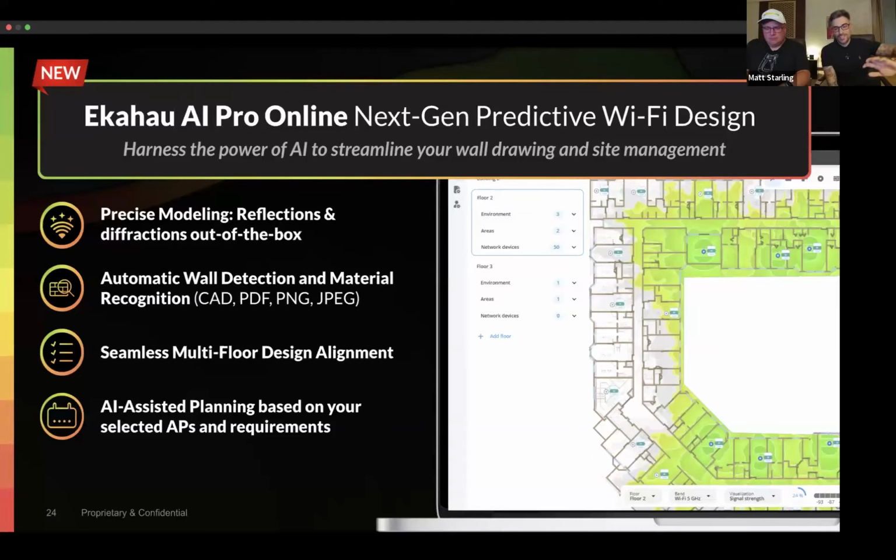And the other thing, I don't want to steal too much thunder from Mike, but one thing I do want to hit on is that RF modeling, you really want it to be as accurate as possible. So getting all of your attenuation values right, of course, but the other thing when it comes to the heat maps, typically what you might have expected us to use is just free space path loss for the formula for the heat maps and then subtract the attenuation values for our materials. But actually AI Pro Online also includes reflections and diffractions for your heat maps. So that means that they're as accurate as they can possibly be for what you simulate in the software to match what is actually going to be there in real life.